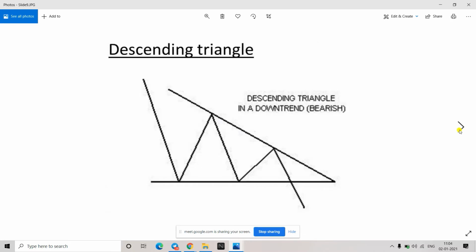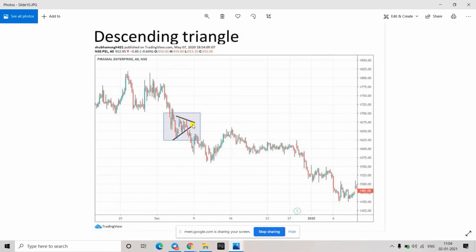Okay, so this is an example here of a bearish triangle pattern. The price was falling, and then it got consolidated in a triangle kind of a pattern, and then again it has fallen down sharply. So your stop loss should be somewhere here at the high, and whenever it breaks this triangle, you can take an entry. Clear this point? Yes or no? Clear, got it.